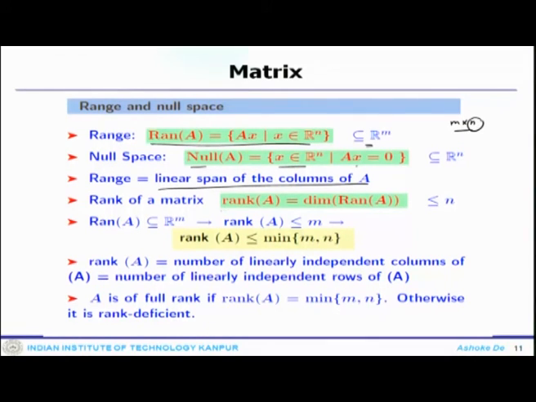The rank of the matrix determines the number of independent columns it has. So if you have a 3 by 3 system and all 3 columns are linearly independent, the rank would be 3. So the rank is less than or equal to 3. The maximum possible rank for an m by n system could be n, otherwise it has to be less than n. It can be found through the elimination process. Rank of A is the number of linearly independent columns or linearly independent rows of A. If A is of full rank, fine, otherwise A is rank deficient.